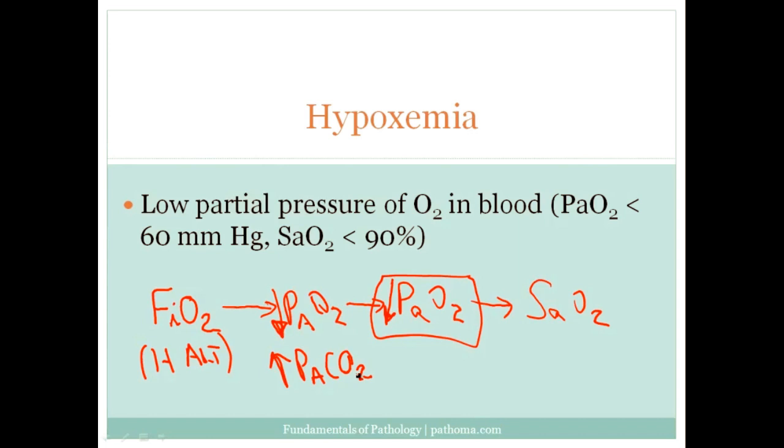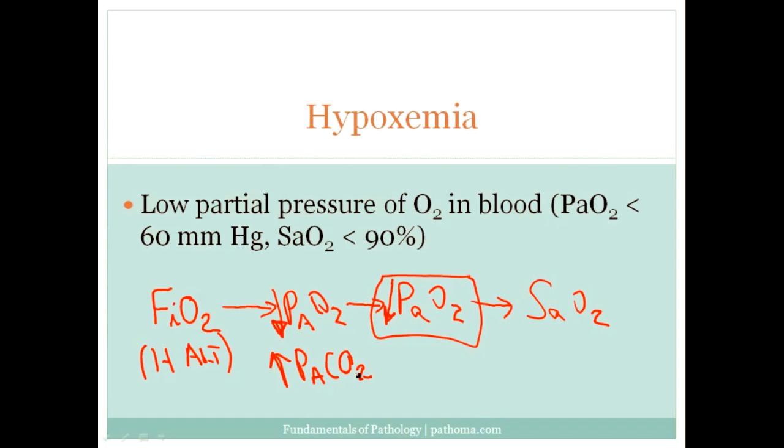So what would be some examples where carbon dioxide would build up in the lung, which would then knock down the PAO2? Hypoventilation, where carbon dioxide gets a chance to pile up in the lung because it's not being blown off. That's one example. Another example would be COPD, chronic obstructive pulmonary disease. Air is being trapped within the lung, and so that would also decrease the PAO2. Now, once the PAO2 goes down, then automatically the PaO2 is also going to go down, and that's obviously going to be hypoxemia.